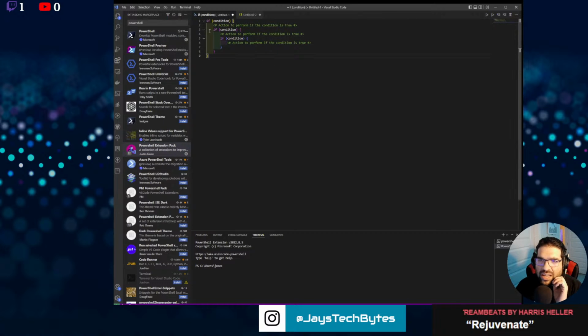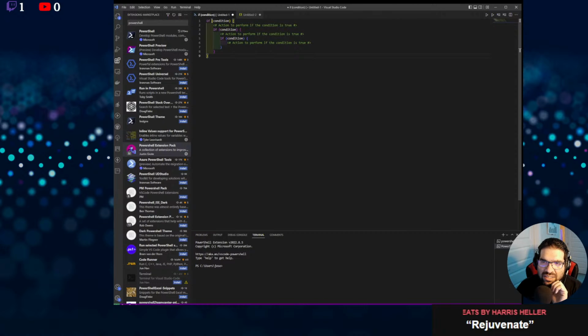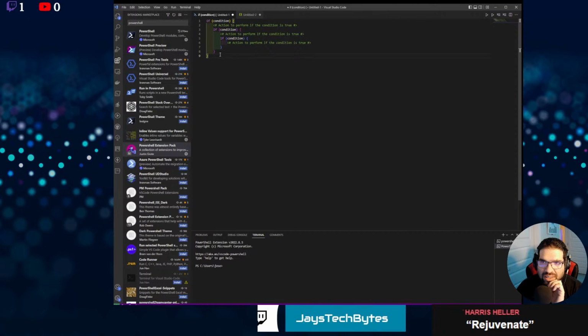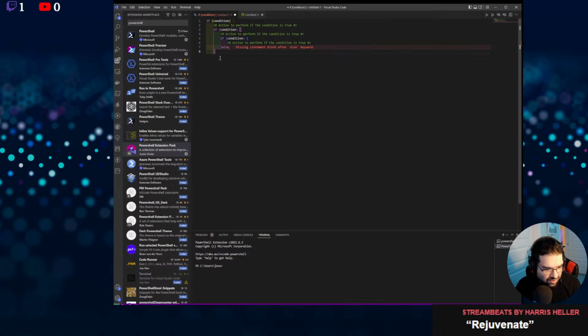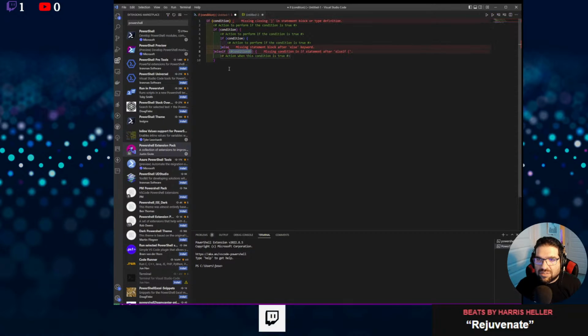There you go. And you see how it color codes it as I need to. So it helps whenever I have a lot of else in here. And then if I have an else in here, or maybe you have an else if, we just do else if.